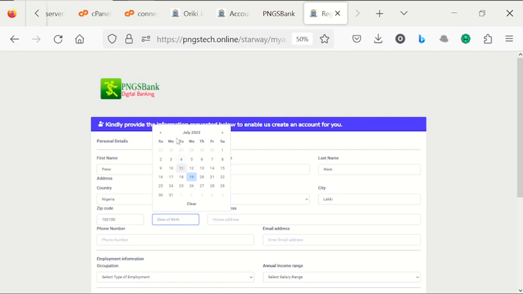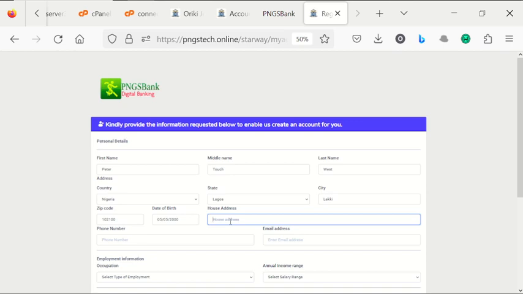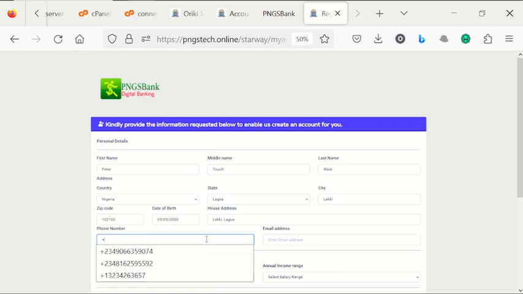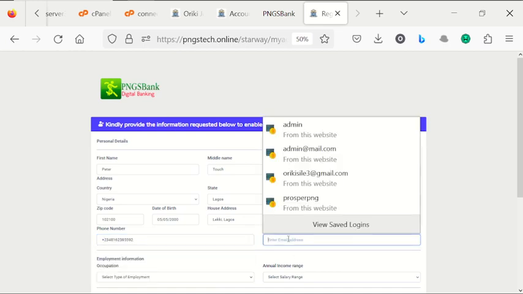His date of birth is 2000 May 5. His address is Lekki, Lagos. Plus also his phone number is plus. So let him take this one. His email is now